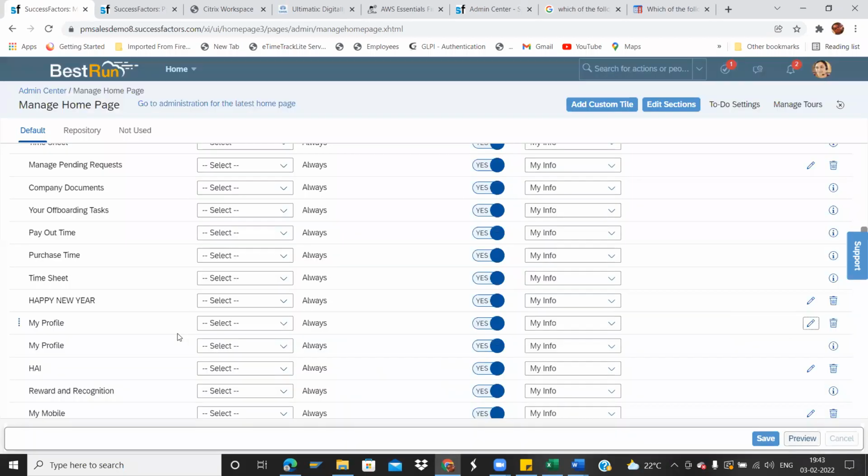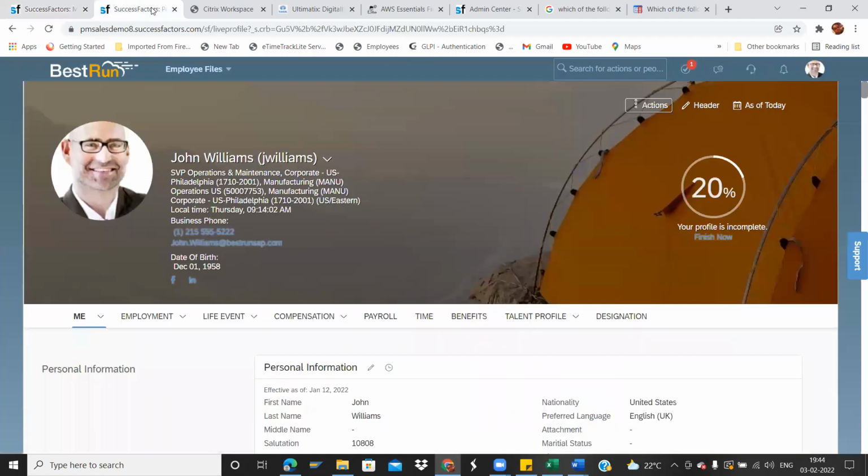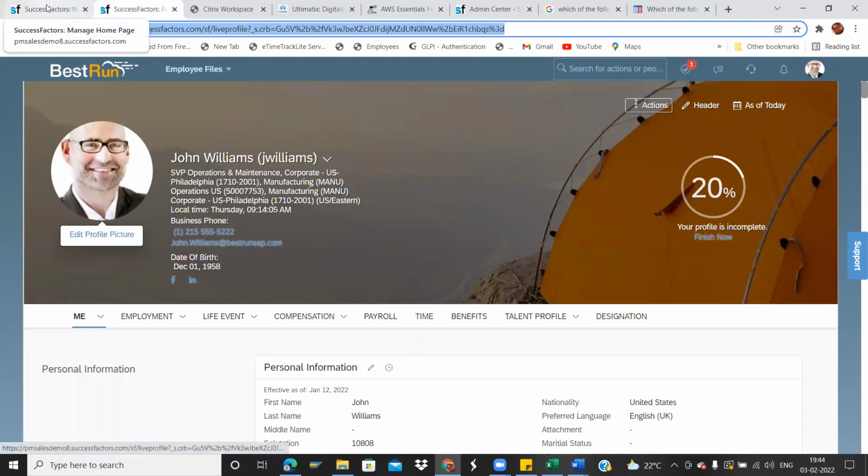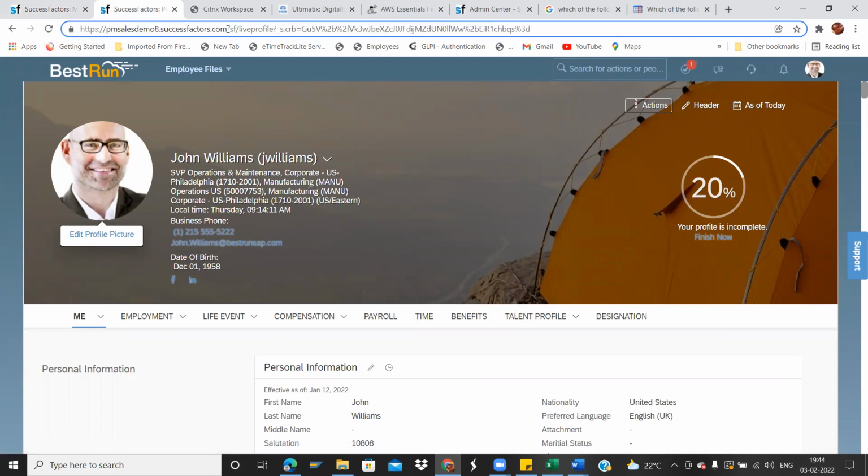These are the custom ones. Again, somebody has created the custom tile basically with this. Else you can just copy this link and paste it in the URL section, so it will open the particular live profile URL.